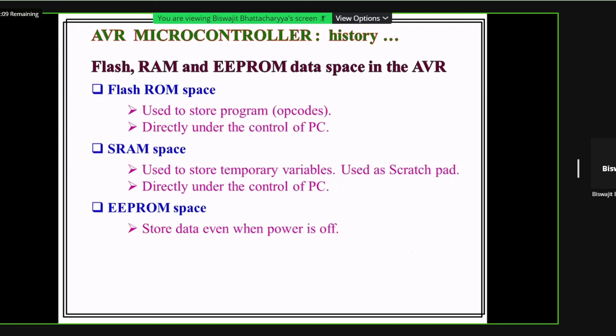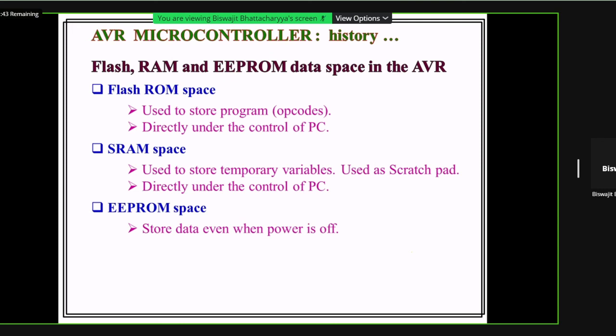And EEPROM. It is the space where things can be stored, and that will remain there even when power is off. That will not be destroyed. So these are the three things. Mainly in SRAM we store temporary variables and also sometimes data, and in flash ROM mainly we store program.